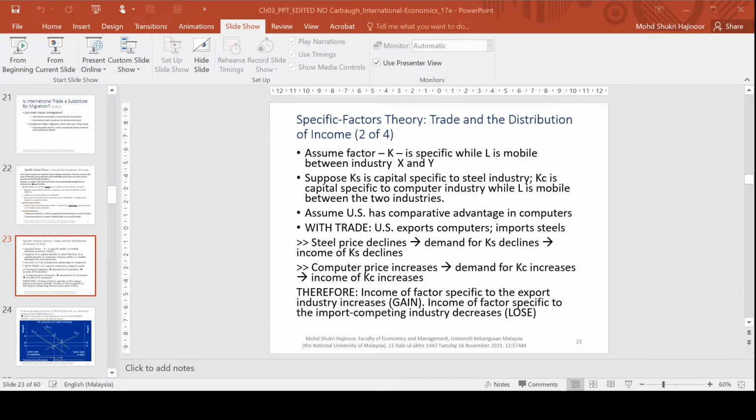Given United States has more capital compared to labor, K over L is high in the United States. According to factor endowment theory, the United States will export capital intensive goods, and will import competing goods, which will be labor intensive. So export goods is capital intensive, import competing goods is